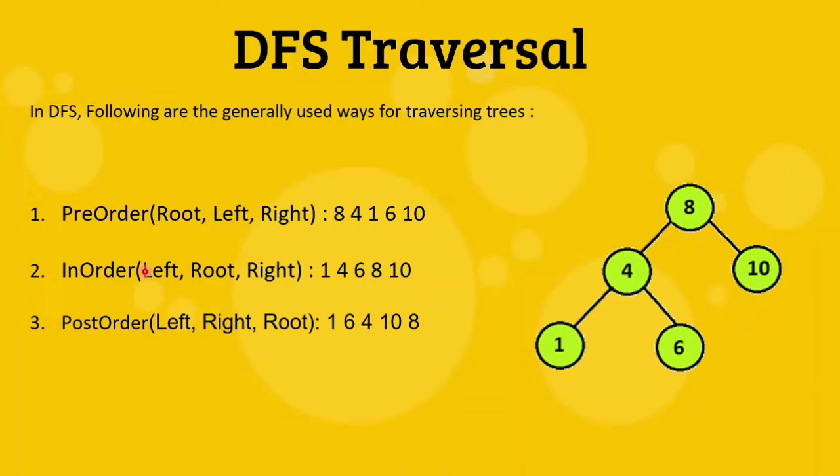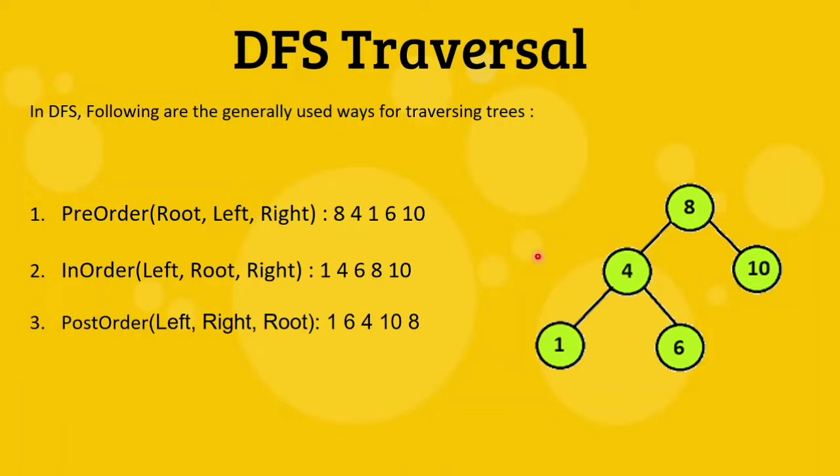In pre-order, we need to cover this tree. So firstly, we will start with our root node. Here we will get 8, so we will write 8. Then we will check for the left node and there we will get 4. So we will write 4 here first and then we will check the left and right node for the 4. Yes, the left and right nodes exist. Firstly, we will go to the left node and there we will get 1. So as a root node there, we will write 1. And then we will check for the left and right node of the 1 and that is not present.